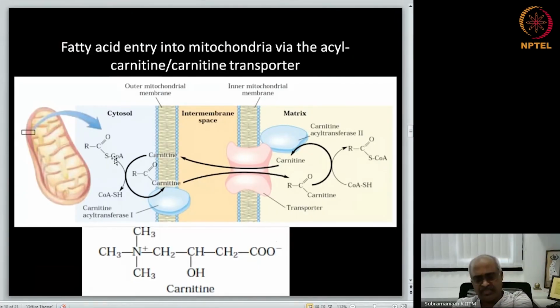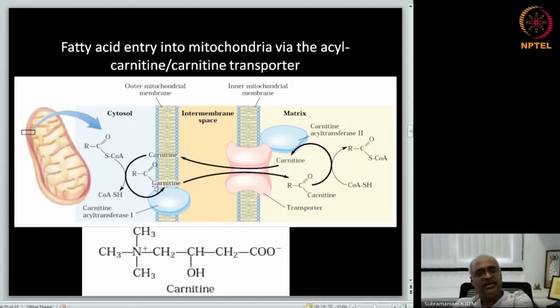We learned about coenzyme A also when we learned about the pyruvate dehydrogenase complex. There the acetyl group taken from pyruvate is in the form of a thioester with coenzyme A, acetyl-CoA, as we saw. Similar thioester formation is catalyzed by acyl-CoA synthetases. So this is the acyl moiety with coenzyme A. Production of this is done by enzymes simply called ACS. That is the first step. Then carnitine acyl transferase 1, which is present in the outer membrane,